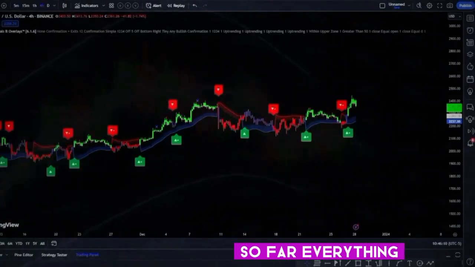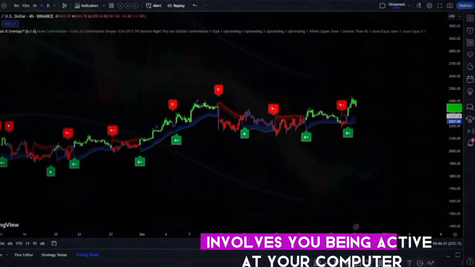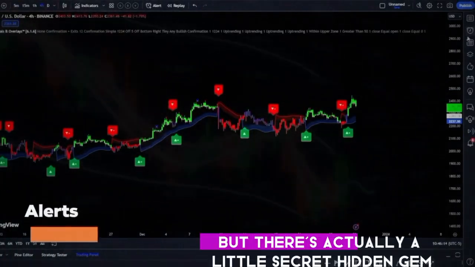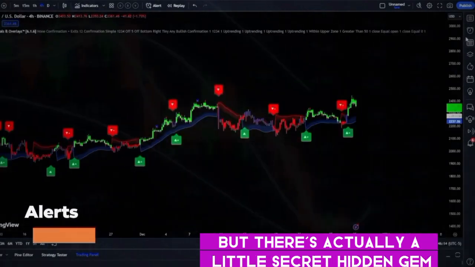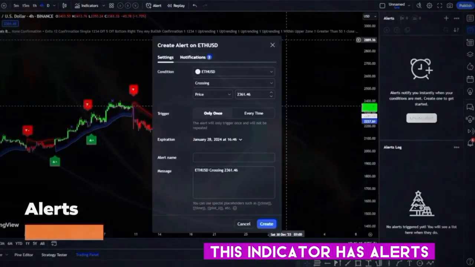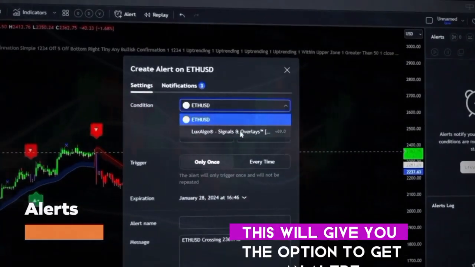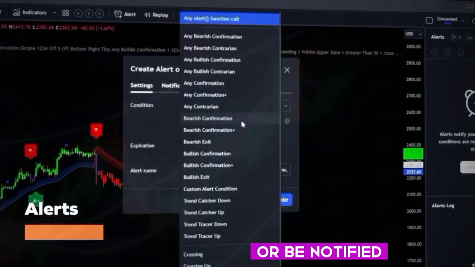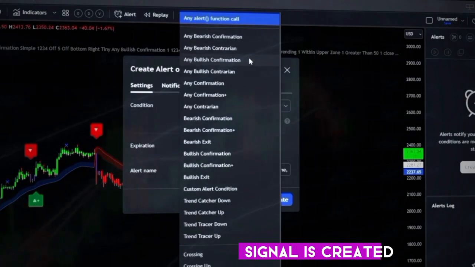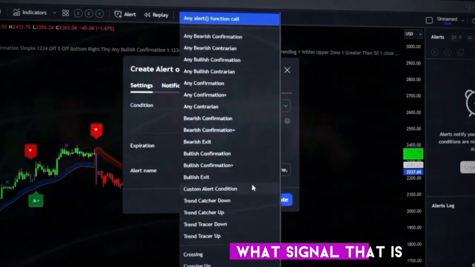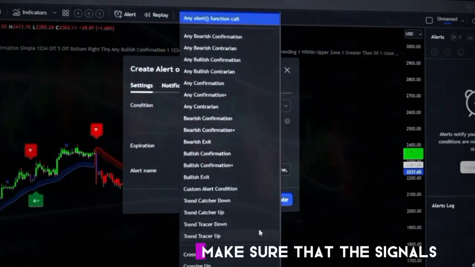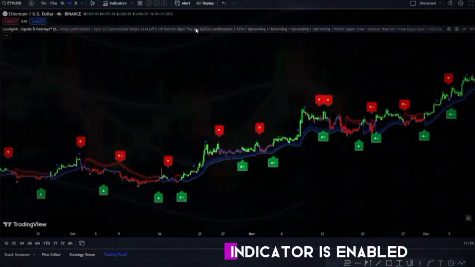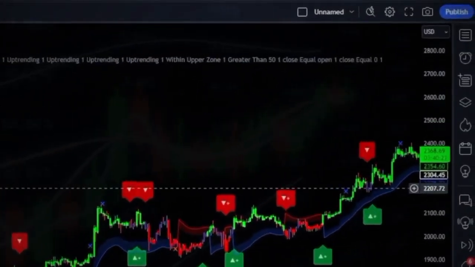So far, everything on this indicator involves you being active at your computer, but there's actually a little secret hidden gem. This indicator has alerts. This will give you the option to get an alert or be notified whenever a specific signal is created, and you can determine what signal that is. So on TradingView, make sure that the signals and overlay indicator is enabled on your chart. Then go to